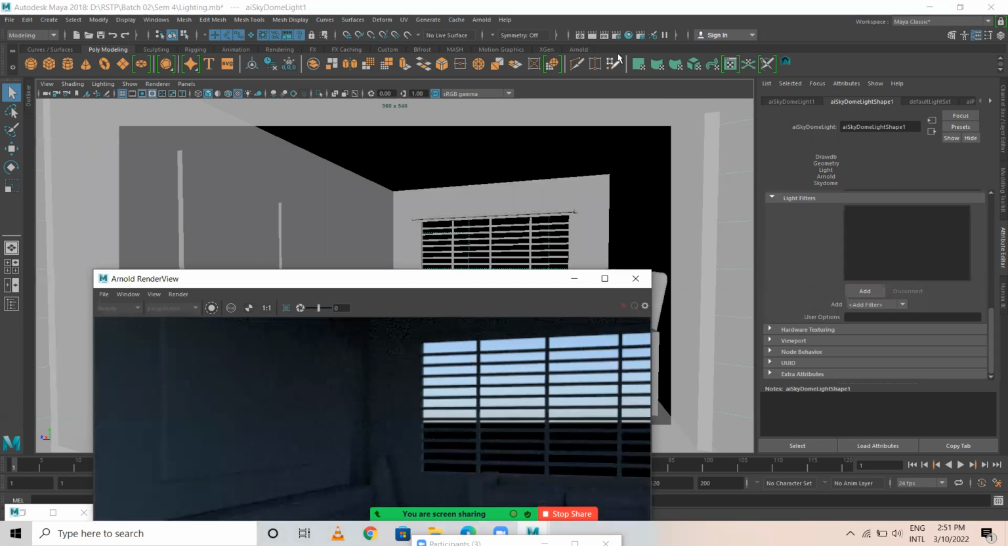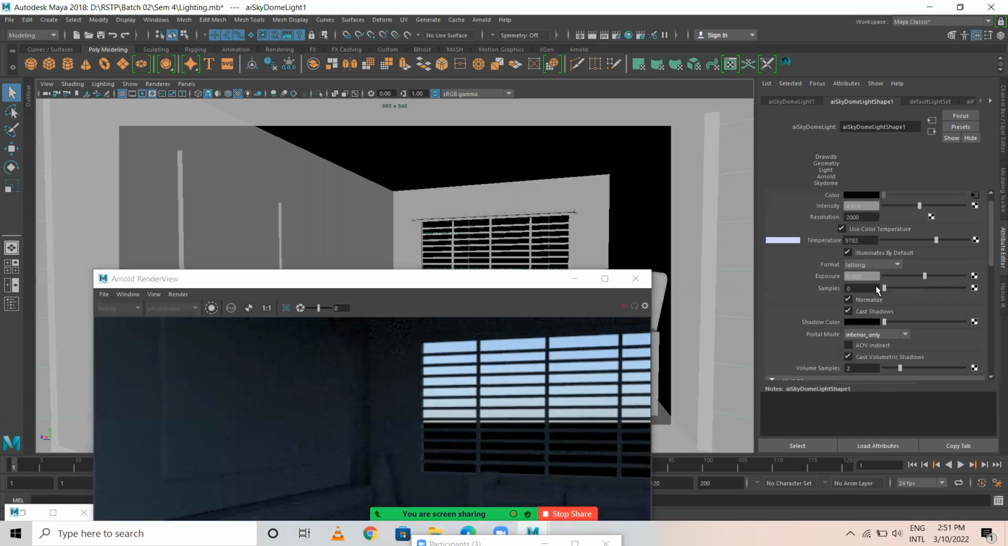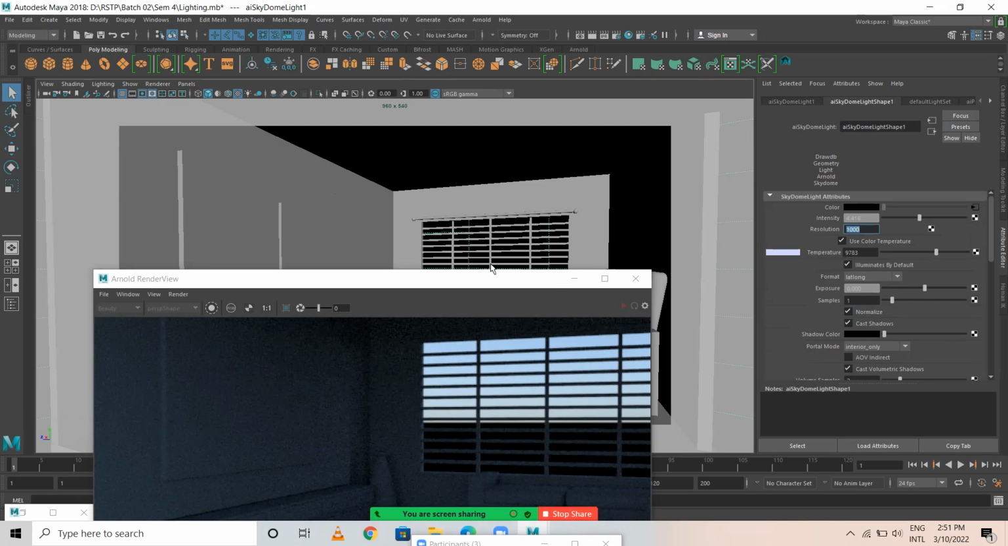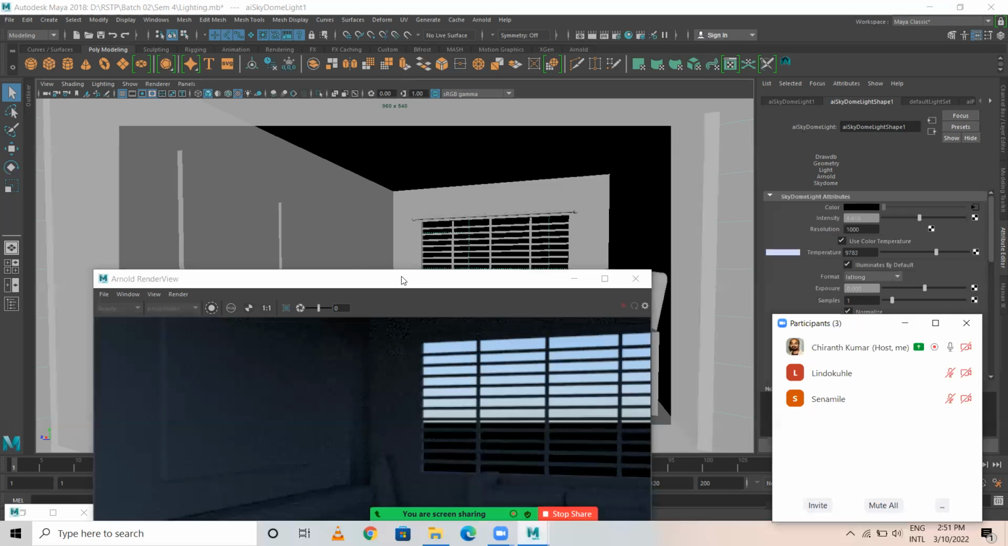Now what I'll do, I'll go and change the samples to lesser samples. I make it 1, and this resolution instead of 2000 I make it back 1000 only, so that I want a quicker output. Okay. So next thing, next what I'll do,